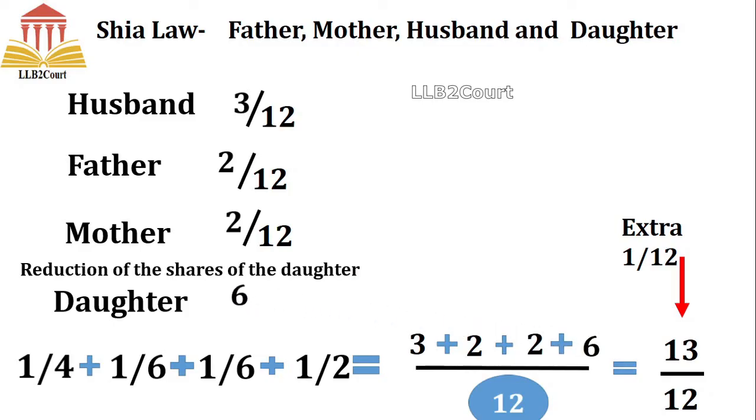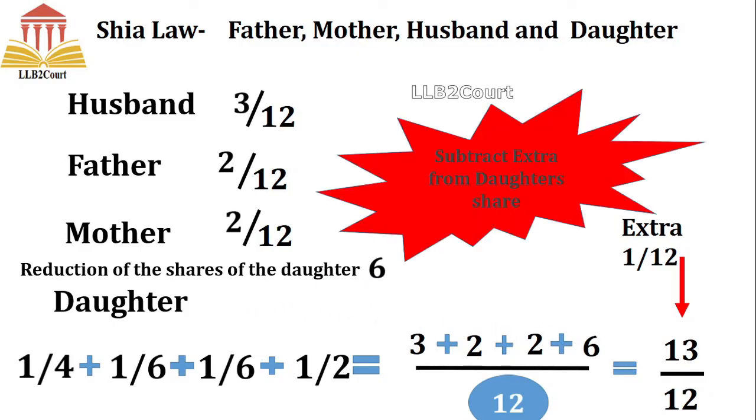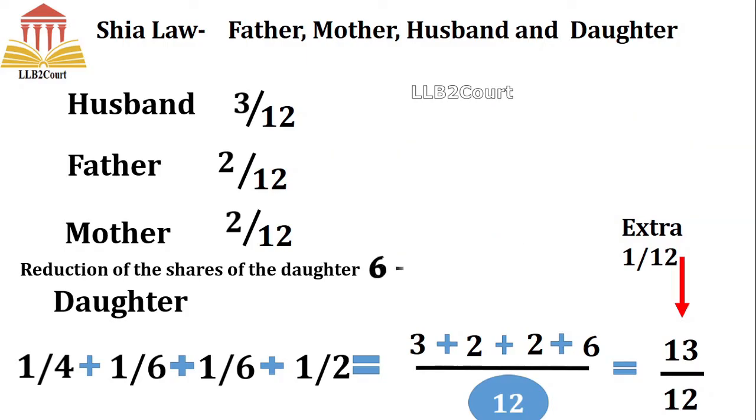So this 6, you have to subtract the extra from the daughter's share. So extra is 1 by 12. So 6 minus 1 by 12 is 5 by 12. So husband, father, mother shares are not affected, only the daughter's share is affected based on the doctrine. So previously in Sunni law, what happens? We calculate the numerator and that new numerator becomes the denominator. But here there is no swapping of numerator and denominator. So the denominator will be the same, but we only reduce the share of the daughter